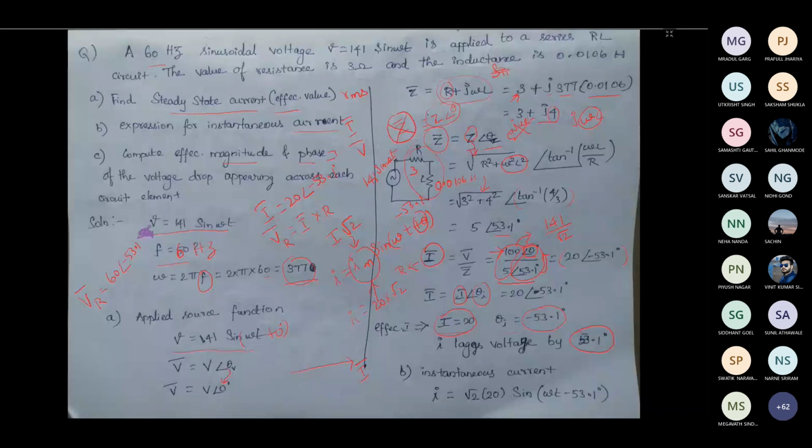So when we talked about the voltage across the resistor and the current through the resistor, we said that the angle is 0 degree, right? So the point to be noted here is that the difference in angle between the voltage and current is always 0, even though the voltage is minus 53.1 degree and the current is also minus 53.1 degree. The voltage and current angle need not be 0, but the difference between the voltage and current angle for a resistor will be 0.